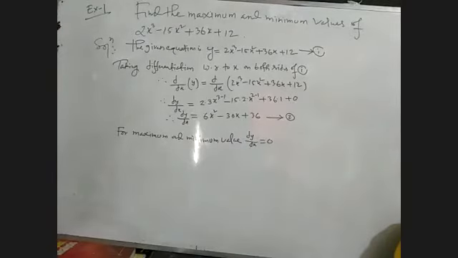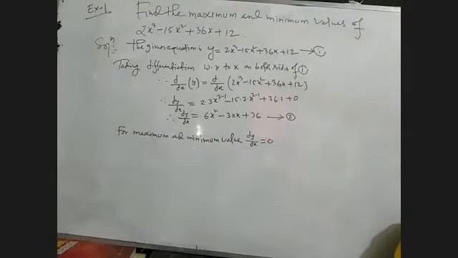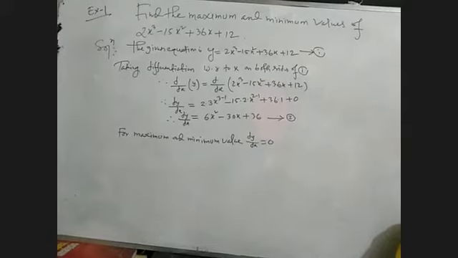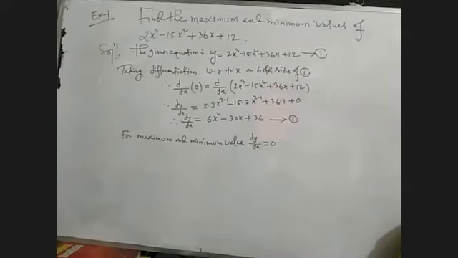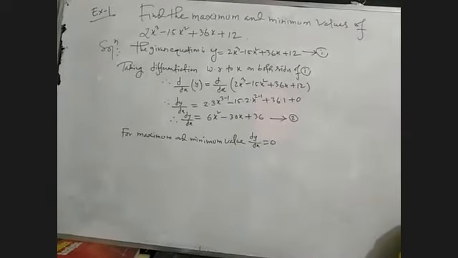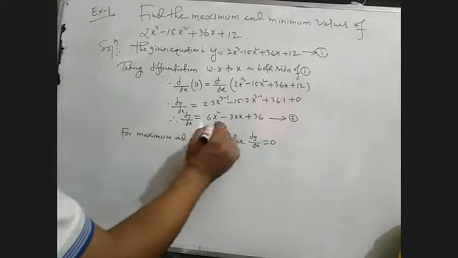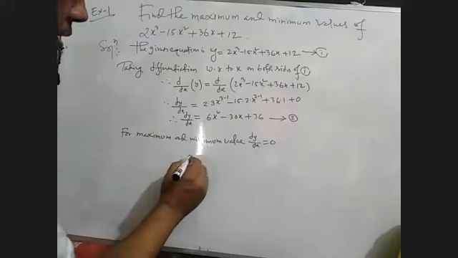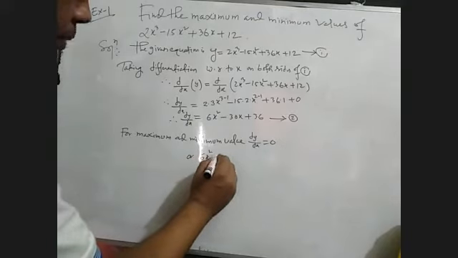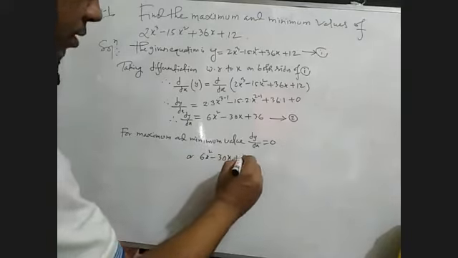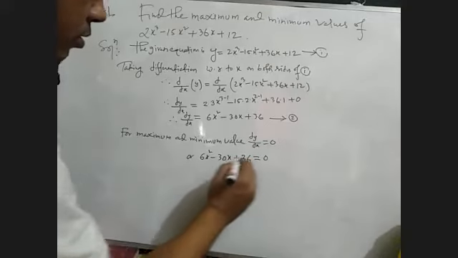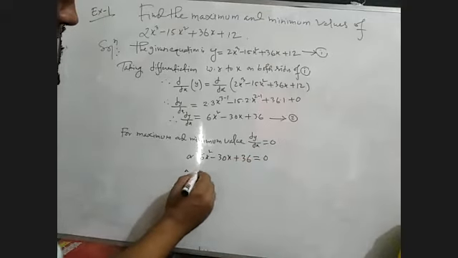For maximum and minimum value, dy/dx equals 0. So 6x square minus 30x plus 36 equals 0. Taking 6 common,